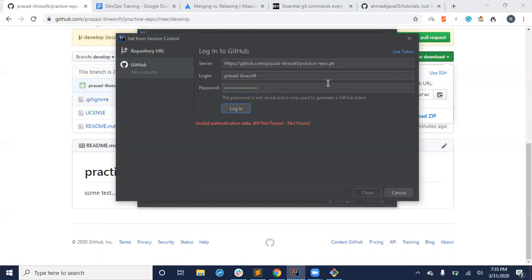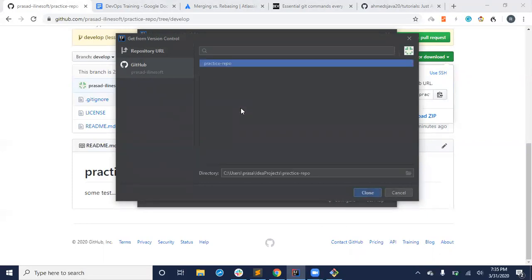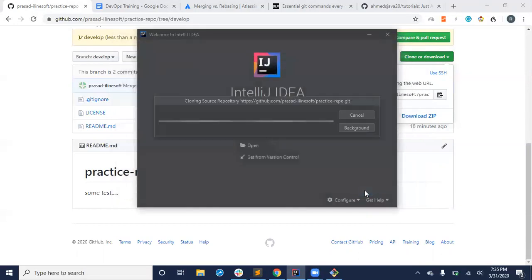I think login should be your email ID, right? No, username. Username is the one. That's how we did. Okay. I'll just say github.com. Let's say. Oh, this worked. Okay, I'm just selecting this repo. I want to download this and I want to clone it to my locally.